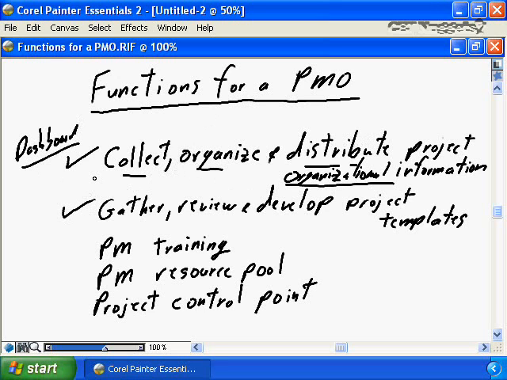Another common function for a PMO is to gather, review, and develop project templates. Predefined, fill-in-the-blank templates. These could be for project plans, so they're MPP files. They could be templates for actual project deliverables, so we may have Word templates, so that if you need to deliver a requirement specification document, a system test plan, or another document, you would